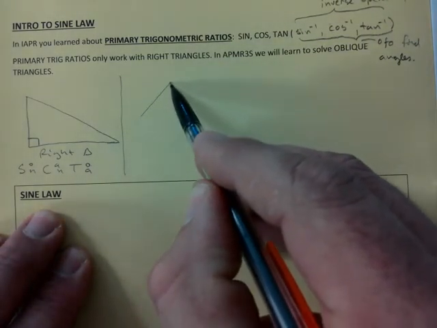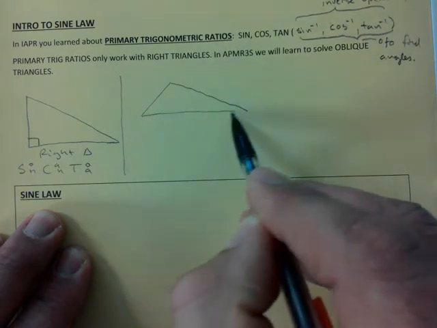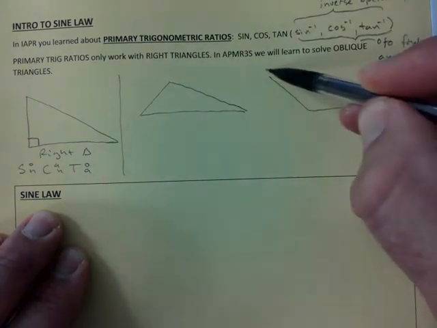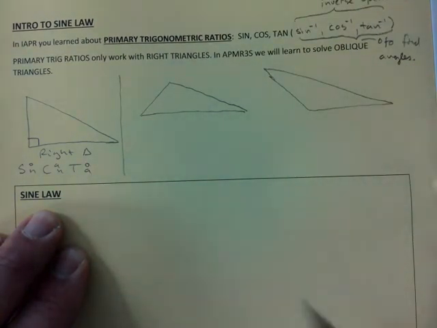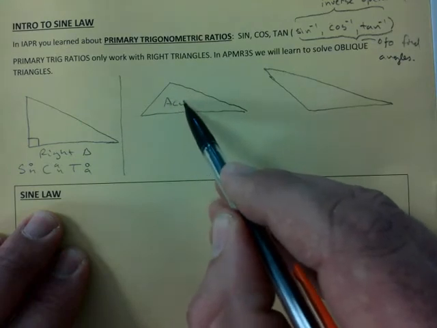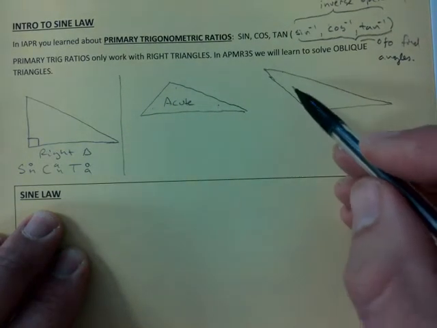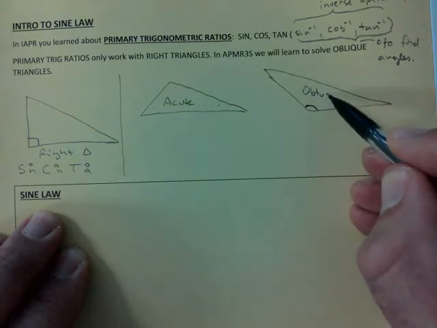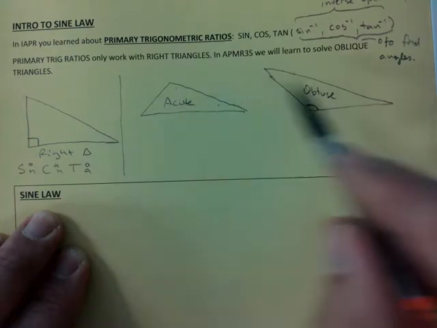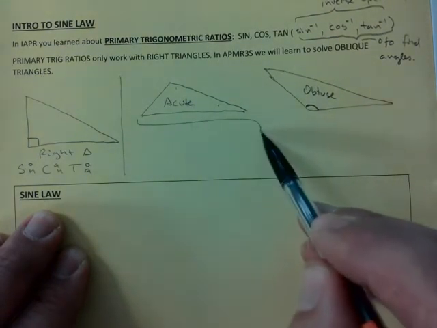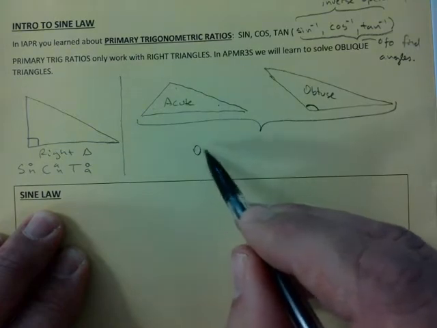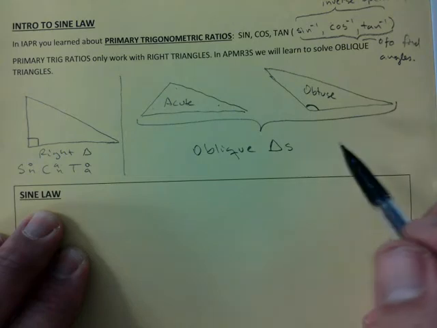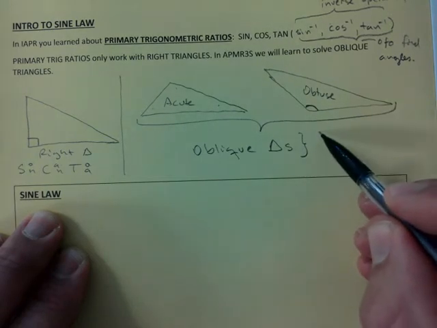Then you have this type of triangle, or you have this type of triangle. Okay. This would be an acute triangle. All angles are less than 90, and this is because this is an obtuse angle. This is actually an obtuse triangle, acute triangle, obtuse triangle, but all of them combined are called oblique triangles. Okay. And for those, we have to use sine law